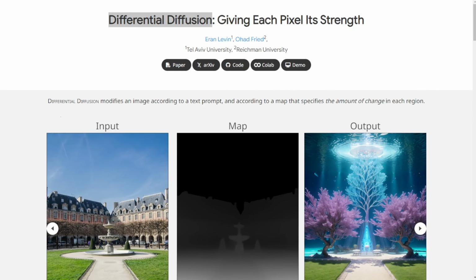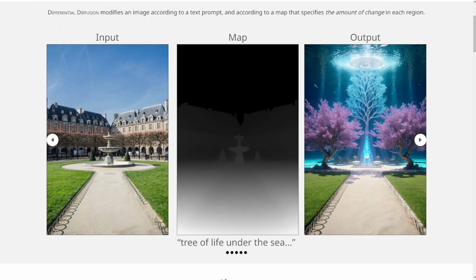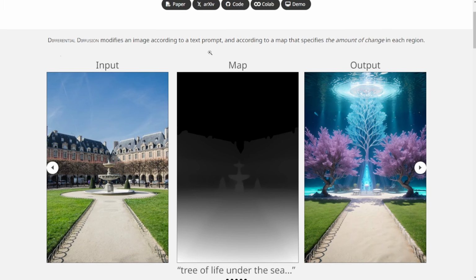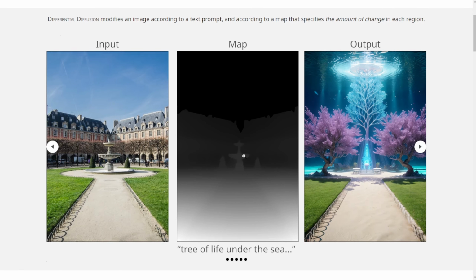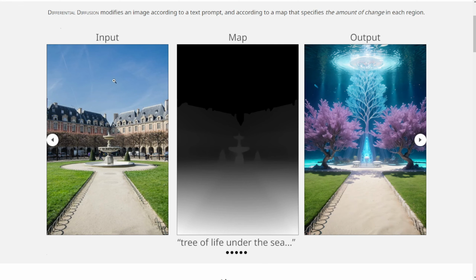Hello everyone! So in today's video, I'm going to explore differential diffusion. Now, this is a really cool feature and it's already included in Comfy UI. It's by default in the Comfy UI nodes themselves if you have the updated versions. Basically, this is for input mapping of the image, and once the image is inputted, it can be masking the areas of the image and create another output with the shape or form from your input image. And this is really cool.